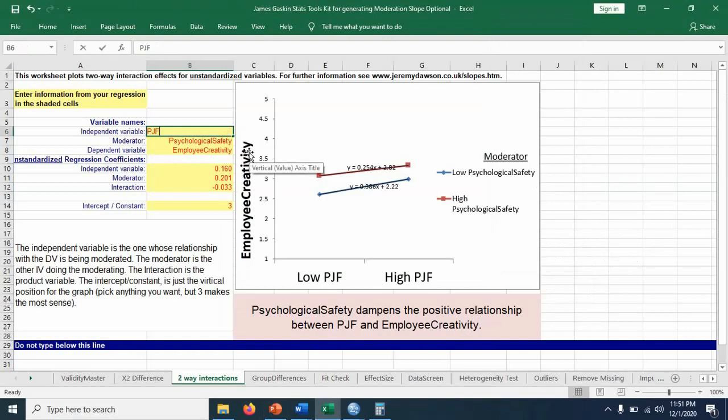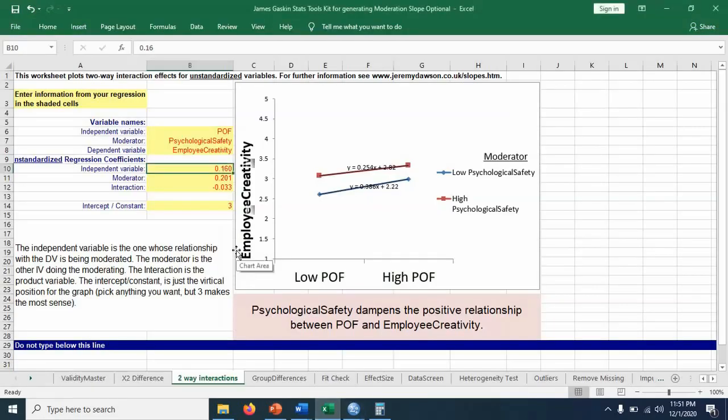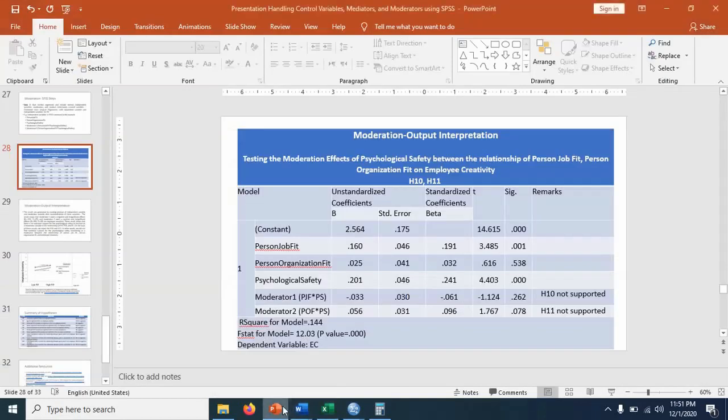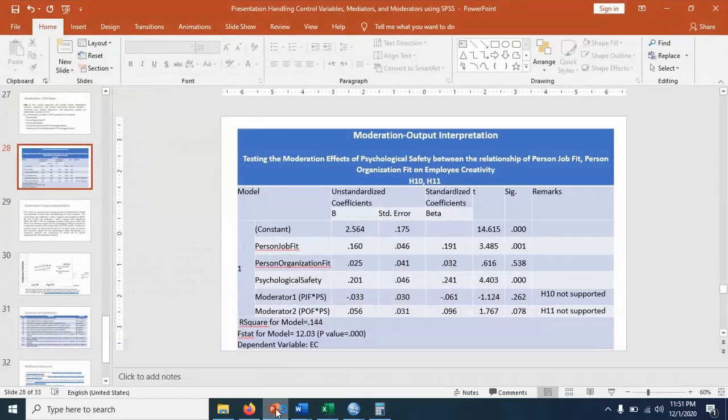For the next one, you retype person organization fit, and the moderator variable coefficient will be the same, but person organization fit is 0.025. And interaction is 0.056.